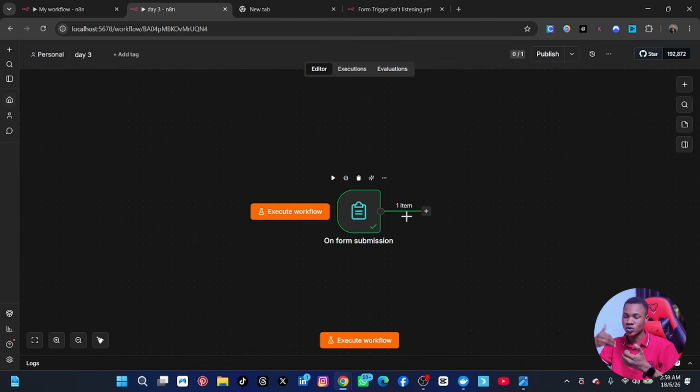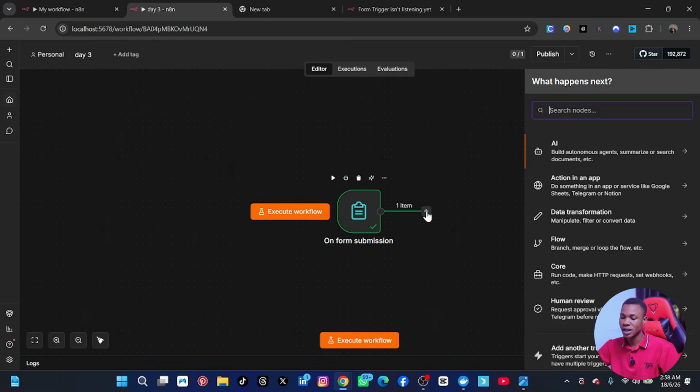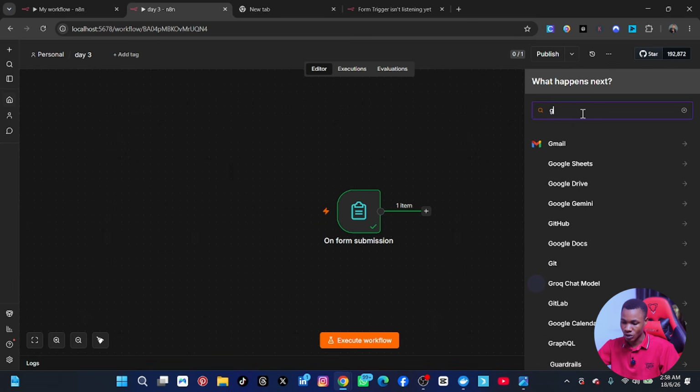So let's say we want to add a Google Sheet where the information from the form will be synchronized or moved to a Google Sheet, maybe before receiving an email. To do that, you can just click here to add another node. Remember, we are building automation, so you can just click here and then come here and click on Google